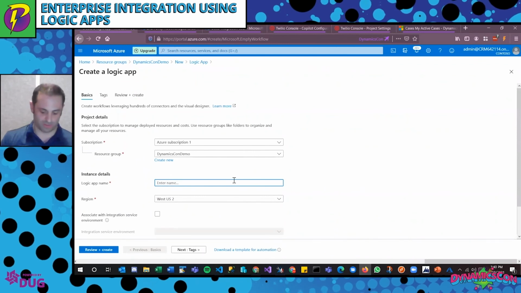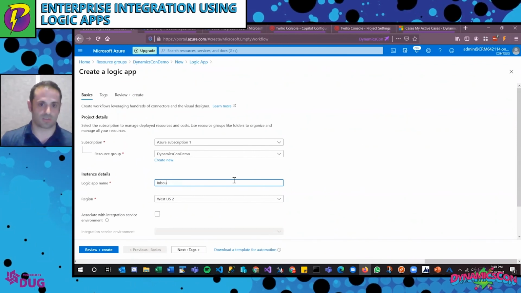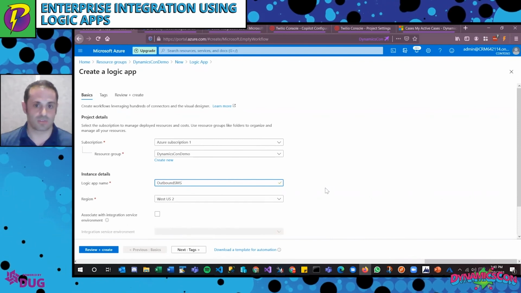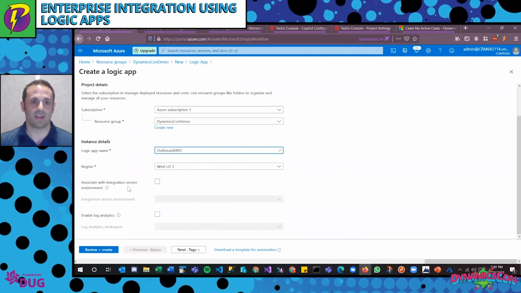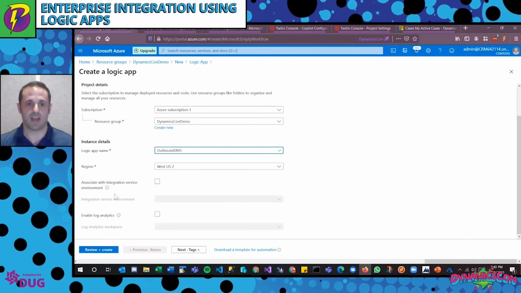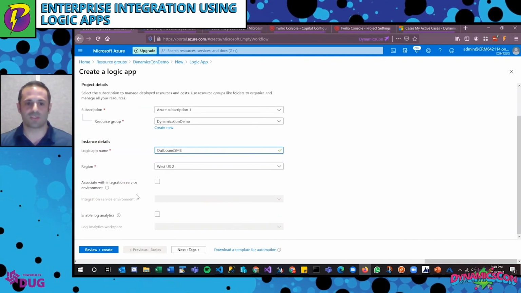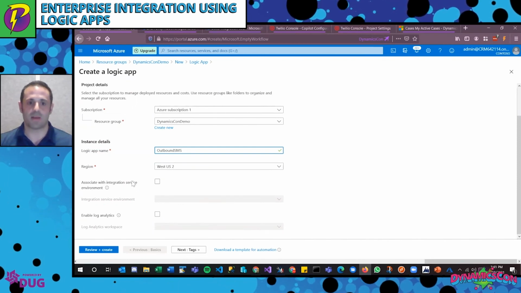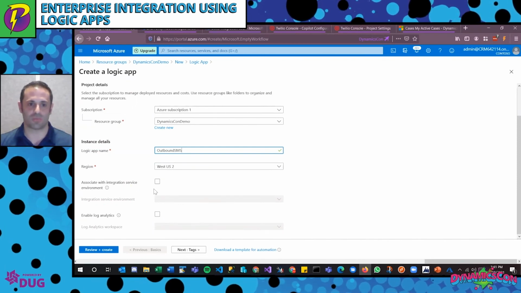So I'm going to call this outbound SMS, just for simplicity's sake. Now, I'm not going to associate this with an integration service environment. This is a whole topic in and of itself. We're not going to really cover it in too much detail, but Microsoft does have a solution which allows you to